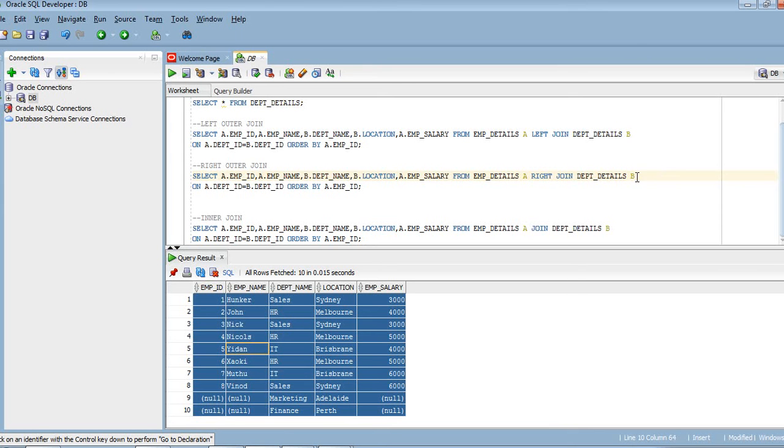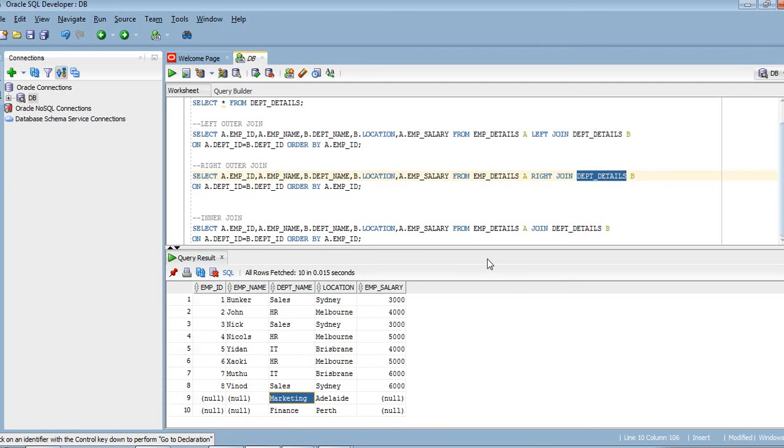This is the right table of our SQL query, and due to that reason, in our output data we are able to retrieve the outer data except the intersection. So intersected data plus the outer data we are able to retrieve based on the right outer join query.